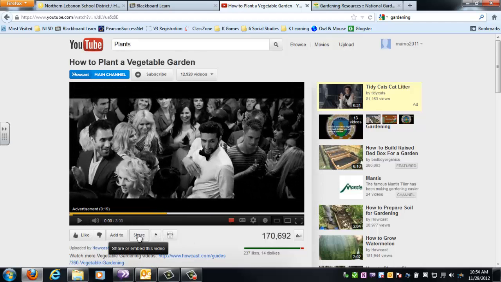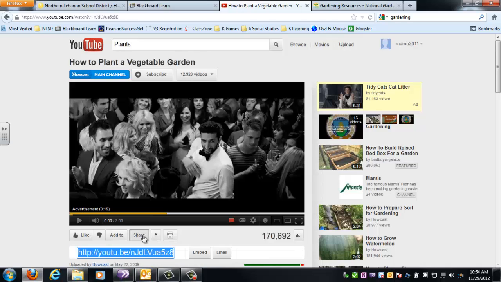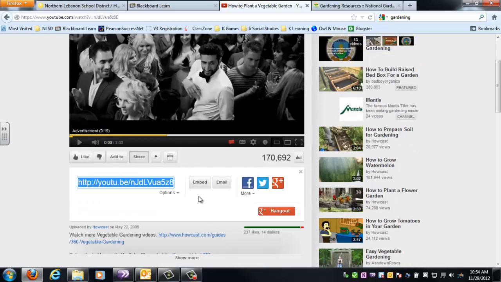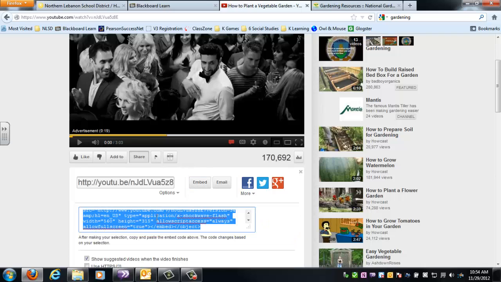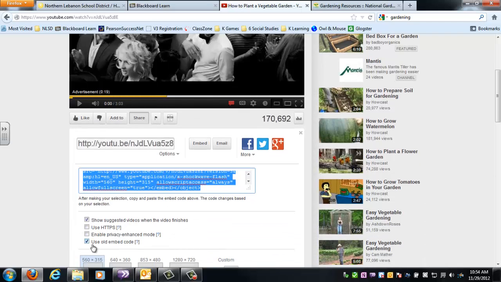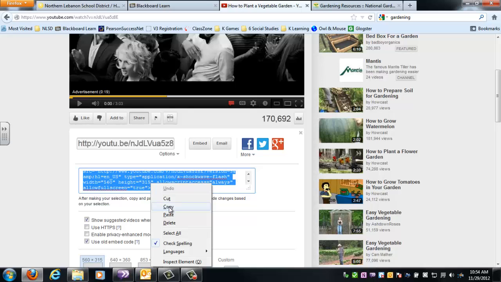Alright. You're going to want to go down below the video to the share button. Click on that. And you're going to want to embed. Click on embed, and that will give you all of this highlighted. That is the embed code. You want to make sure you also come down and click the use old embed code. You really want to make sure that is clicked because it won't work very well if it is not. And you're going to just copy the embed code